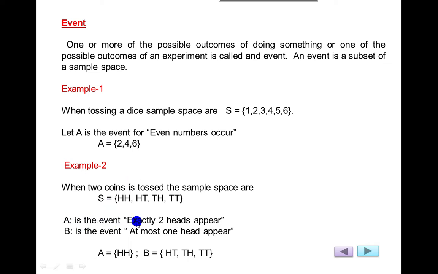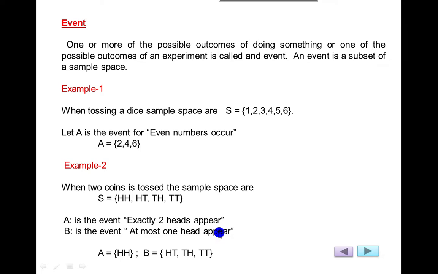So A is the event, exactly 2 heads appear. For 2 heads appearing, there is only one outcome, HH, right, in this set A. A is the 2 heads appear. And B is another event, at most 1 head appears. At most 1 head appear means